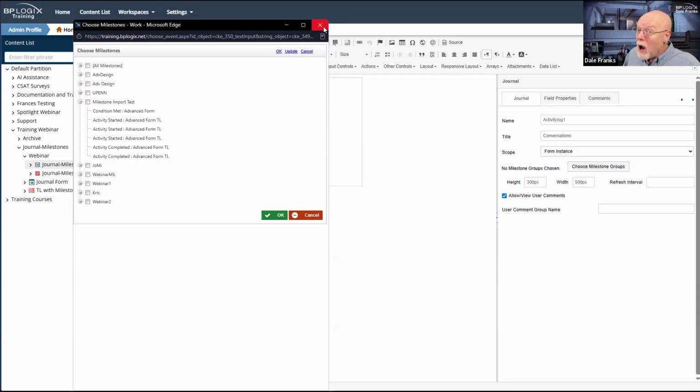Now, I might not do it that way. I might have a different milestone group on my form and a different one on my process timeline. Indeed, I may have different milestone groups on the same form and the same process timeline. There's no real limit on the number of milestone groups that I can create.